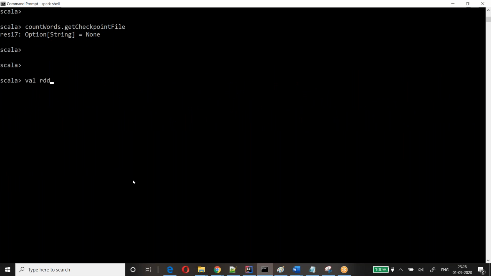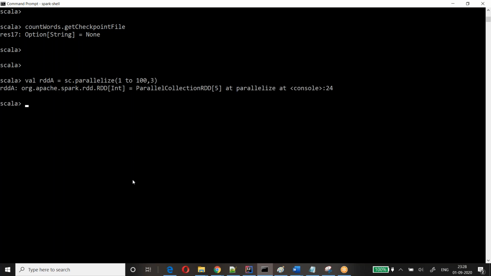val RDDA equal to sc.parallelize, I can say 1 to 100. I have given 3 partitions. RDD A created.